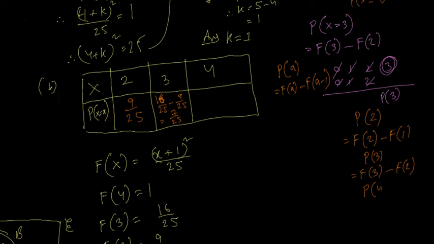Finally this is 4. So p4 is going to be F4 minus the previous, which is F3. So we know F4 is 1 and F3 is 16 by 25. So 1 minus 16